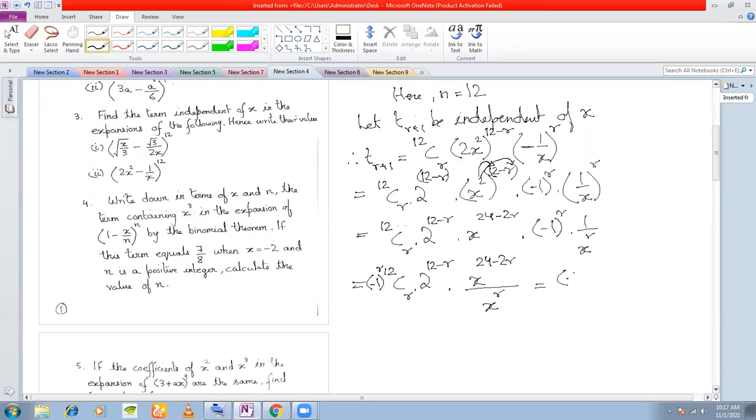So we get (−1)^r into 12Cr into 2 to the power of 12 minus r into x to the power of 24 minus 2r minus r, which is 24 minus 3r. So if Tr+1 is independent of x,